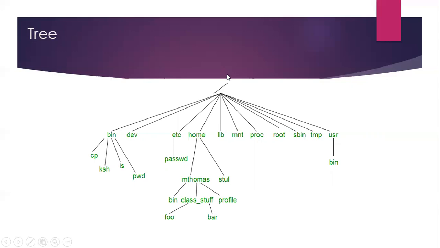So this is the hierarchical structure of a tree, where the topmost one is your root node, and the root has sub-branches, each of which is again a root for another level. For example, for this file, this node is the root, and for this node, home is the root, and for home, this is the main root of the tree structure. So this is all about the data structures we have to study in this particular course.